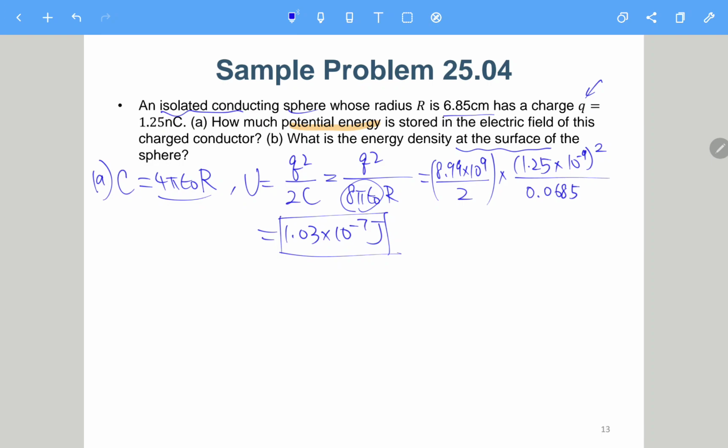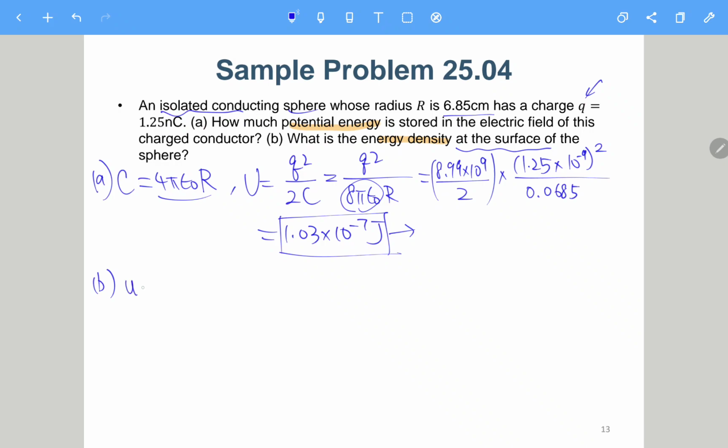Okay, so this is for question A. For question B, what is the energy density at the surface of the sphere? So actually this is not this one divided by the surface area, because this is the total energy stored in the whole capacitor. So what we need to consider is that